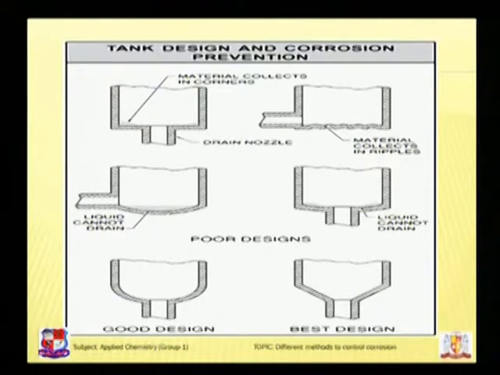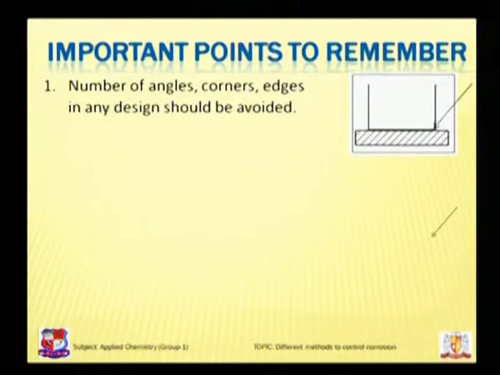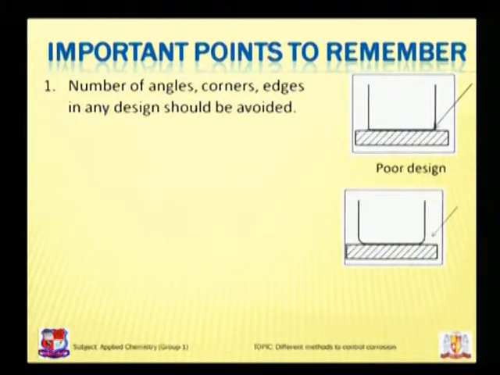In this design, we can see the tank design, where on the left hand side it has sharp corners where the dirt or impurities can accumulate. Then next, as shown in this diagram, there are two different parts inside and outside the tank where the dust can accumulate, thus it is a poor design.